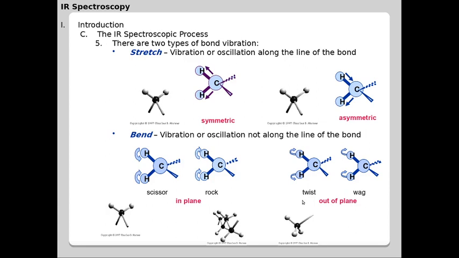These two vibrations are in-plane bending vibrations, and there could be two out-of-plane vibrations, the twisting vibrations and the wagging vibrations. These are the basic categories of bond vibrations a molecule can have when it interacts with an infrared radiation. But how does this happen